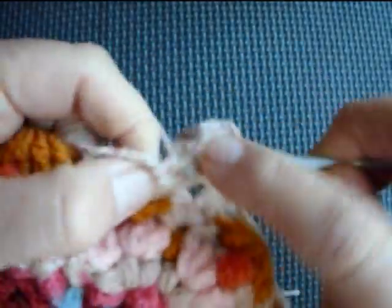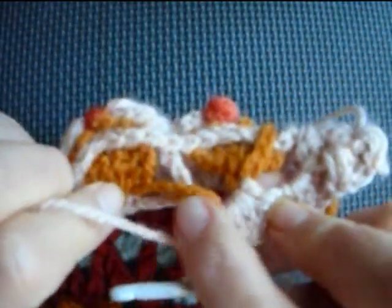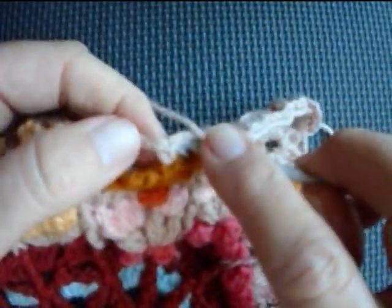Then we're going to work 3 double crochets over our chain 3, and for the 2 chain 3s, so the one at the back there, well, it's a chain 6, so I'm saying chain 3 because it's half. Okay, so over our chain 6 and our chain 3, then we're going to work another double crochet front post. Then we're going to work 3 double crochets over our next chain 3 space and the other half of the chain 6. Okay, then we're going to yarn over and work